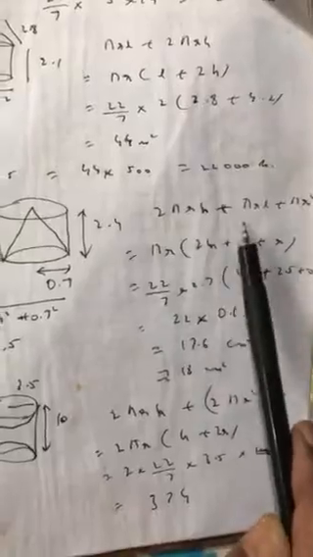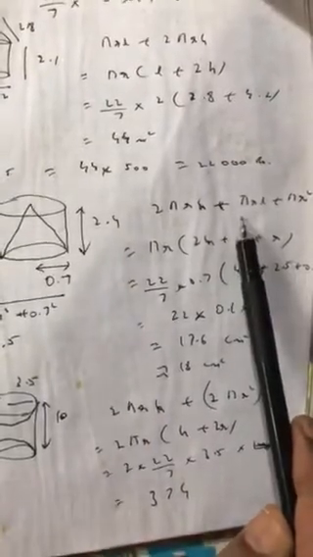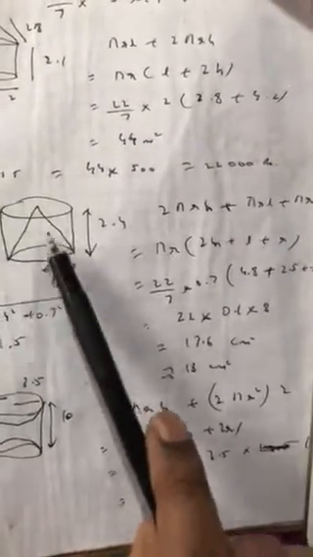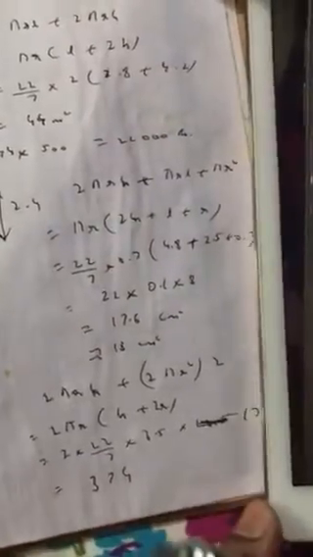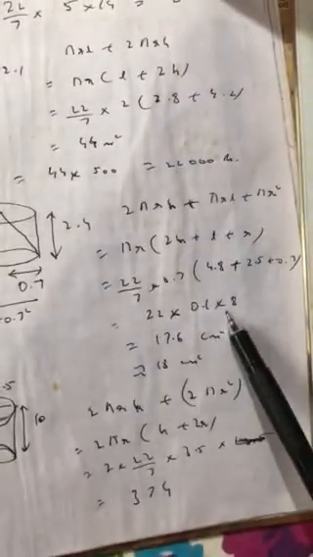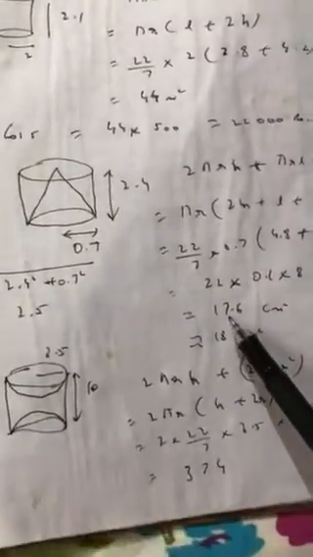So 2 pi r h plus the inner curved portion of the cone is pi r l, plus the top part will be pi r square. Bottom part is hollow, remember you have carved out the cone. So among the three you take pi r common, so into 2h plus l plus r, where r is 0.7, h is 2.4. Slant height, well it's pretty easy, 2.4 square plus 0.7 square, that's 2.5. So slant height you write 2.5 and radius is 0.7. It is simple calculation. After all the simplification it's coming to 17.6, but they have said write the answer correct to the nearest centimeter square, so answer is 18 centimeter square.